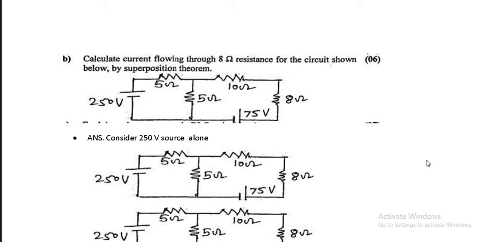Hello viewers, we are going to discuss how to solve numericals in basic electrical engineering, that is, the first year subject, also called Fundamentals of Electrical Engineering. Let us start with the first question. You can see over here you have to calculate the current flowing through the 8 ohm resistance for the circuit shown